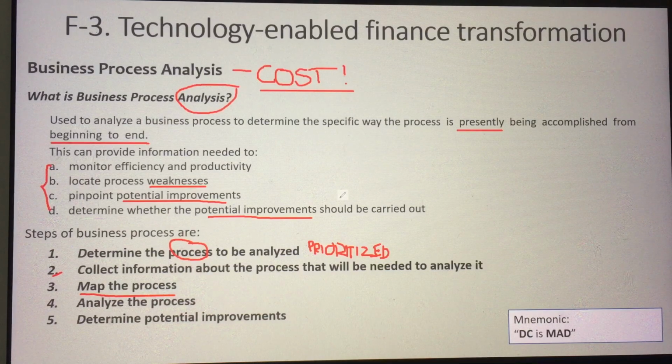Okay? And then, at the end of the day, the main reason why we are doing a business process analysis is for you to improve the process itself. Therefore, you determine any potential improvements. And then you do another cost-benefit analysis to ensure if those potential improvements, if na-improve ba siya, will it entail better or will we have a benefit from that?